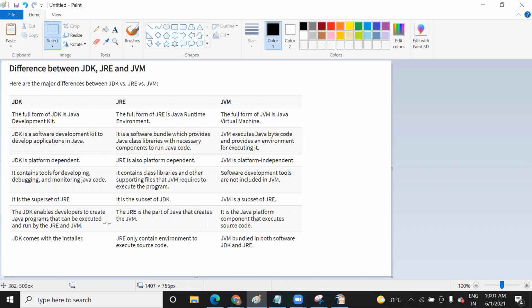So actually, are this JDK, JRE, and JVM used to execute a code? Okay, and you can see on my screen, right? I have just pasted this image to point out the differences between all those three, JDK, JRE, and JVM. JDK is actually a development kit which has an installer to run your program.